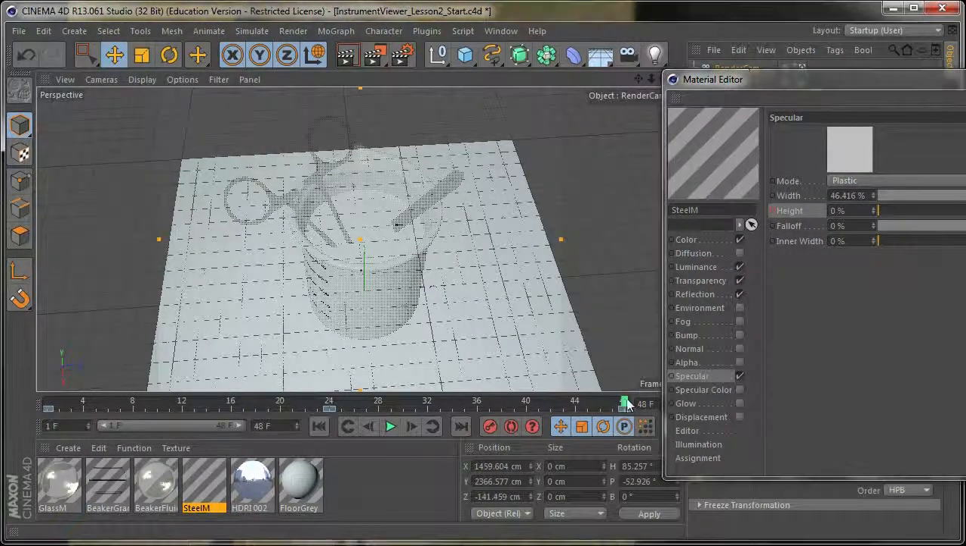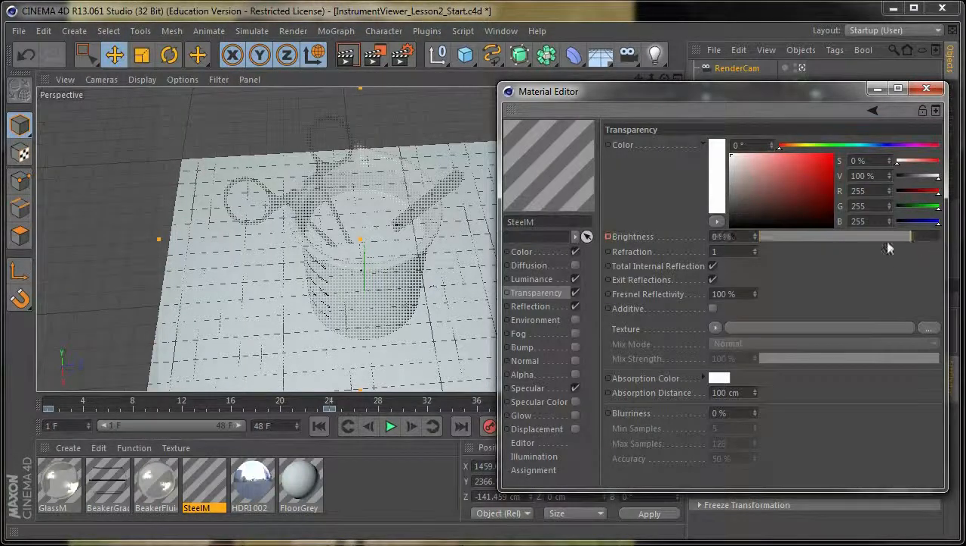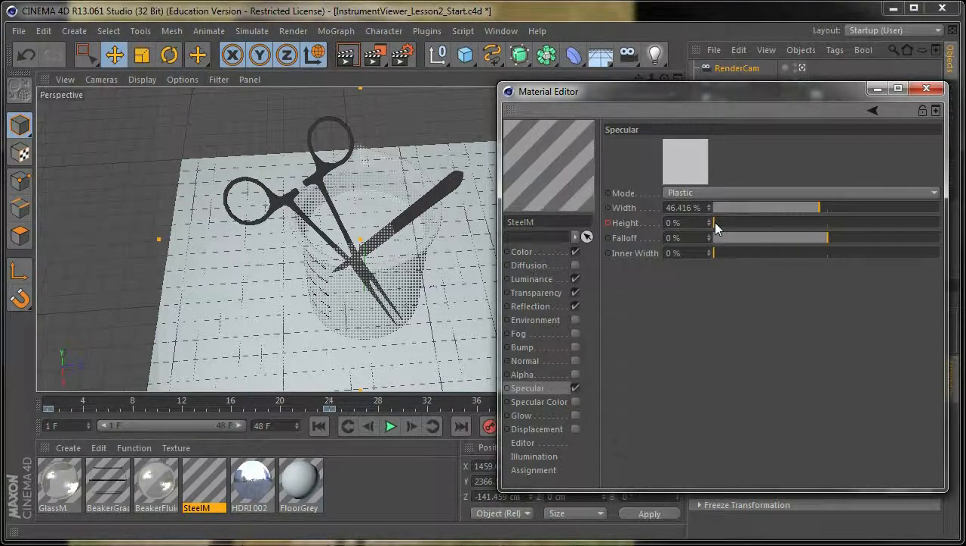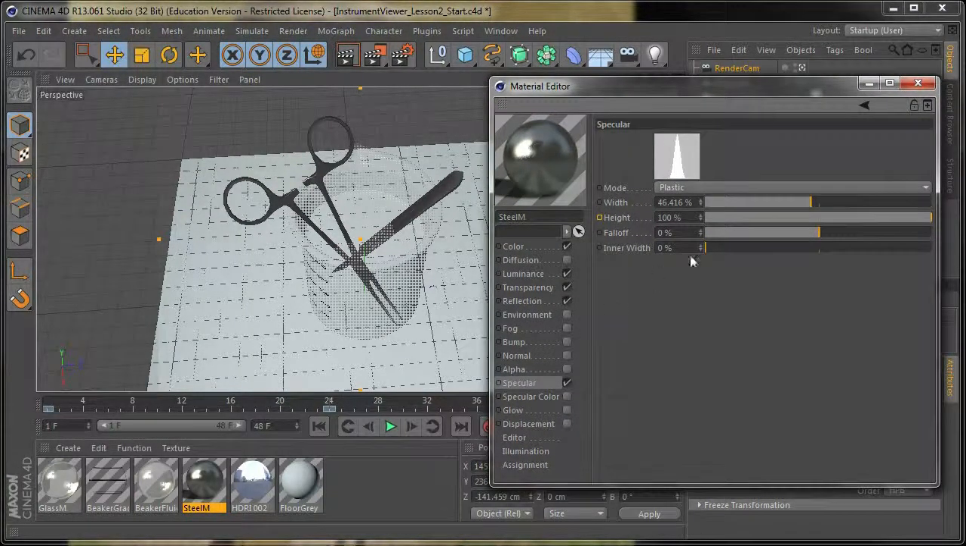So we're at frame 48, so let's make this fully opaque. So let's first go to the transparency, drop our brightness down to 0. This little yellow box indicates that our attribute has changed. So let's control click, and you notice it hasn't updated here, but I think that's just because as soon as we change something else, the preview updates. So we're going to bring our height back up to 100%,